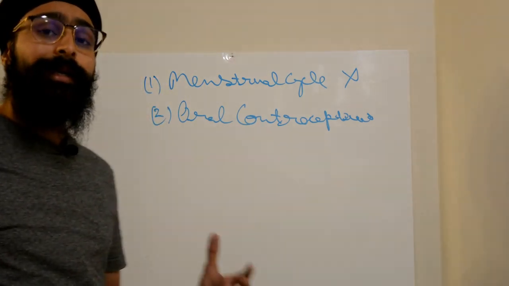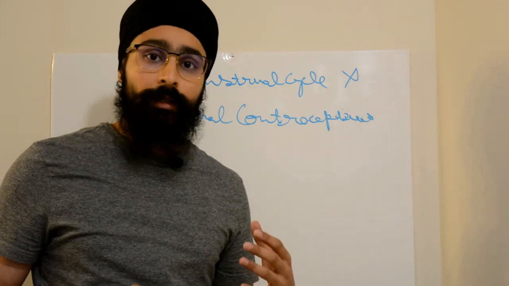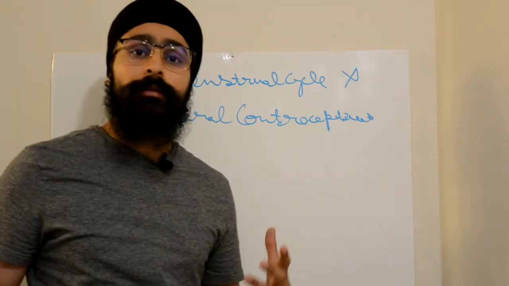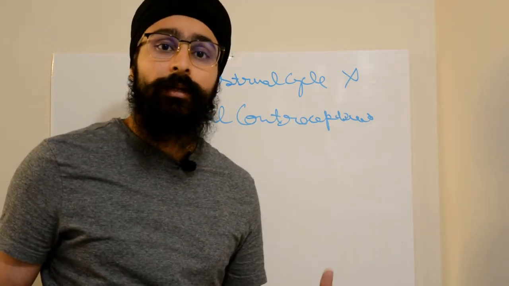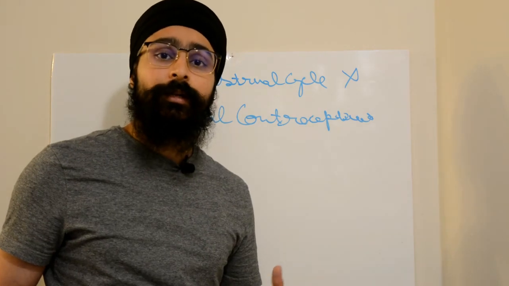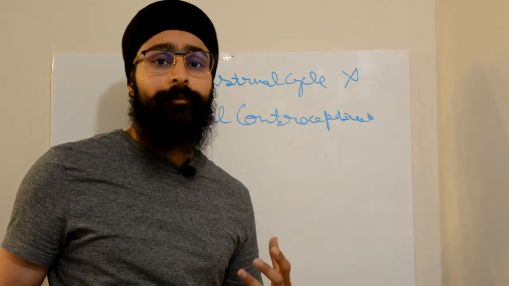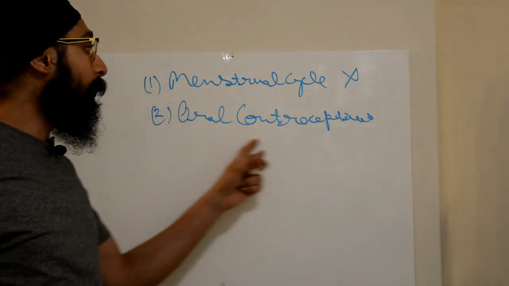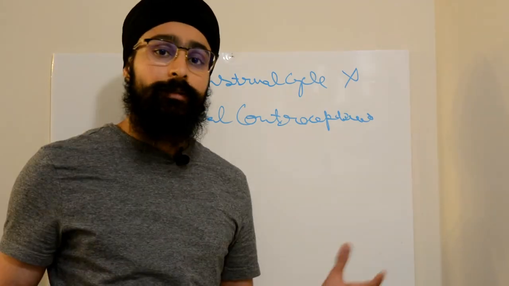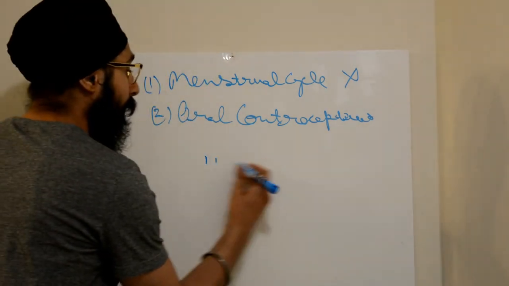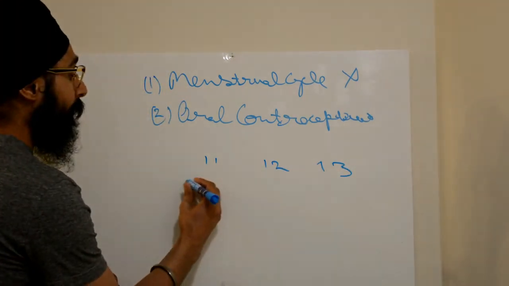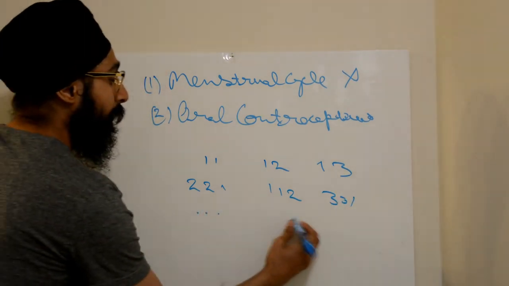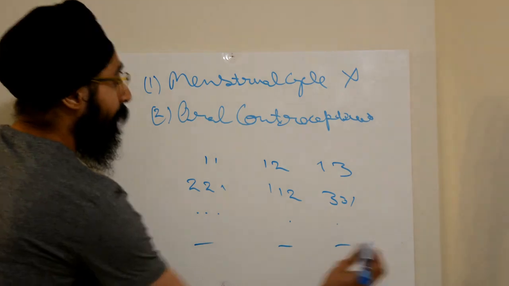So in the history it can be given that the patient is taking oral contraceptives for contraception, and she has noticed that the moment she started her oral contraceptives, she started feeling bleeding from the gums, or her gums are feeling slightly itchy. Now they have given you enough information pertaining to oral contraceptives, and let's say the chart is something like this: probing depth is 2, 2, 1, 1, 1, 2, 3, 3, 1. Bleeding is like this, and there is no recession present.